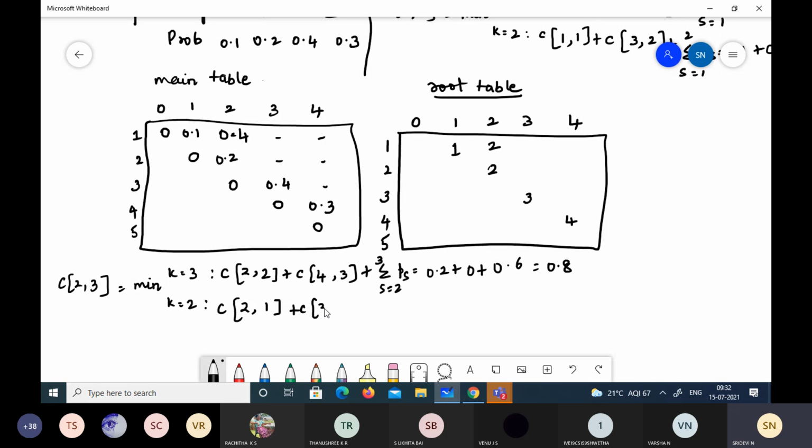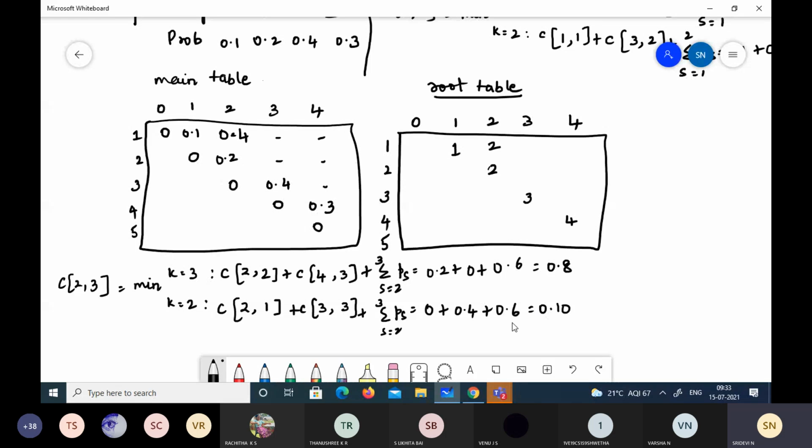Next, for this, if you take i comma k minus 1, it becomes 1, plus C of k plus 1, that is 3, to j. j is 3. Again the probabilities from 2 to 3. C of 2 comma 1 is 0, plus C of 3 comma 3, let's check here, it is 0.4, plus this you can note down as it is. It will be the same.